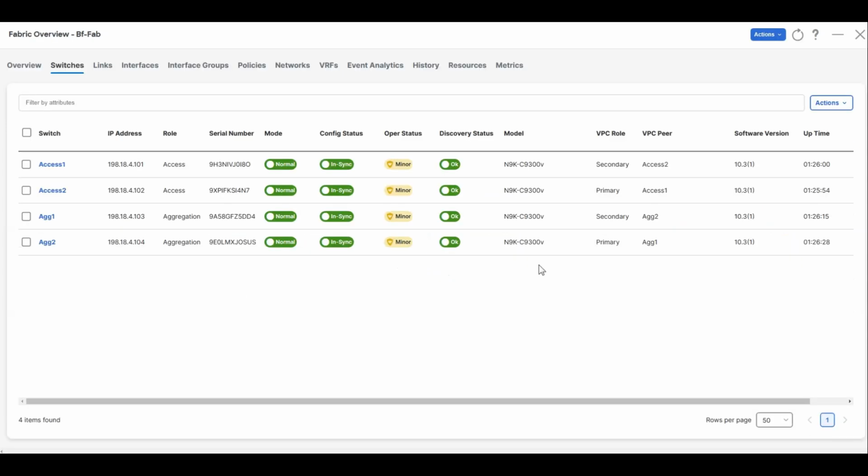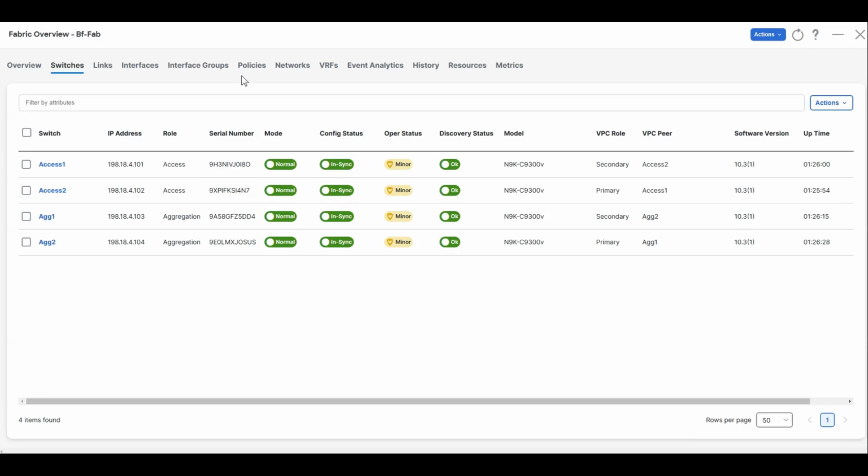If a pending configuration is not present, then we're going to close, and the deploy button will be inactive. If there are pending configs, we'll just click deploy. When deployment is complete, then we'll close, and we're seeing the switches list configuration status is all in sync, and the mode is normal. During the brownfield Fabric configuration synchronization, the controller imports all existing configuration from switches, including VRFs, networks, VLANs, ports, and configuration, etc. Click network,